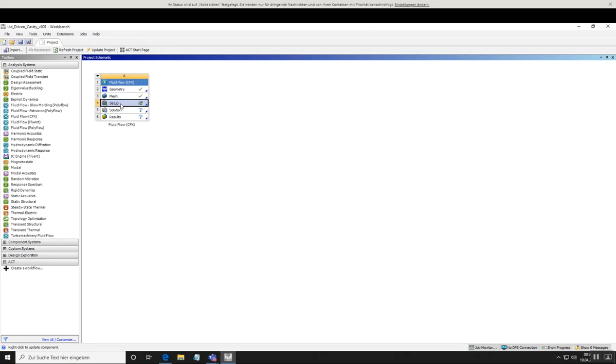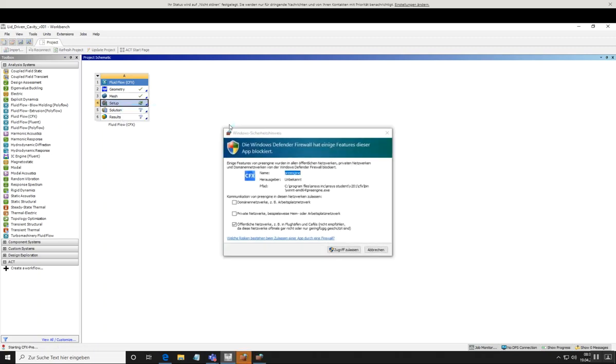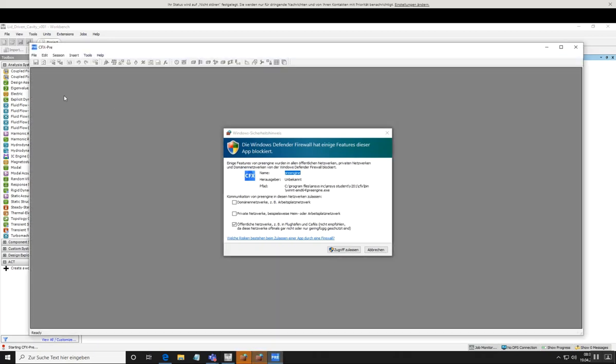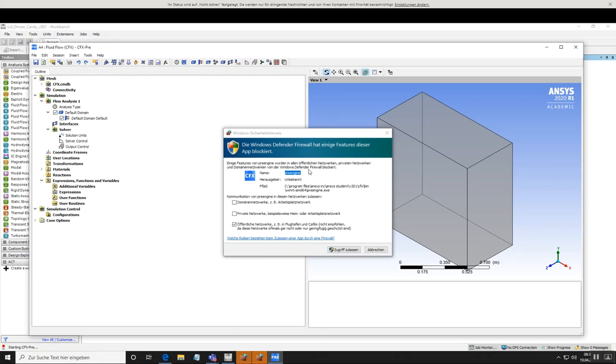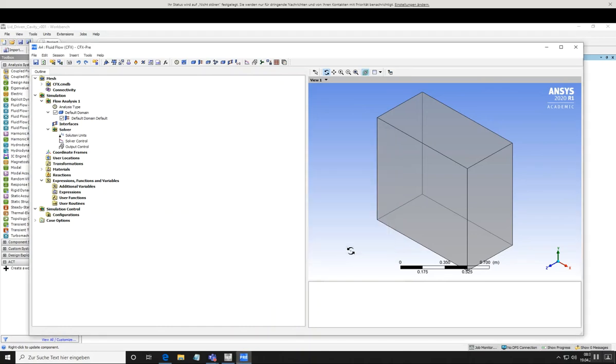Okay, here is our setup. Now we go to setup, right mouse button click and choose edit. So not a problem, it's just a Windows problem. The firewall does not agree with something. Just go to Zulassen and start it. So here we are again,